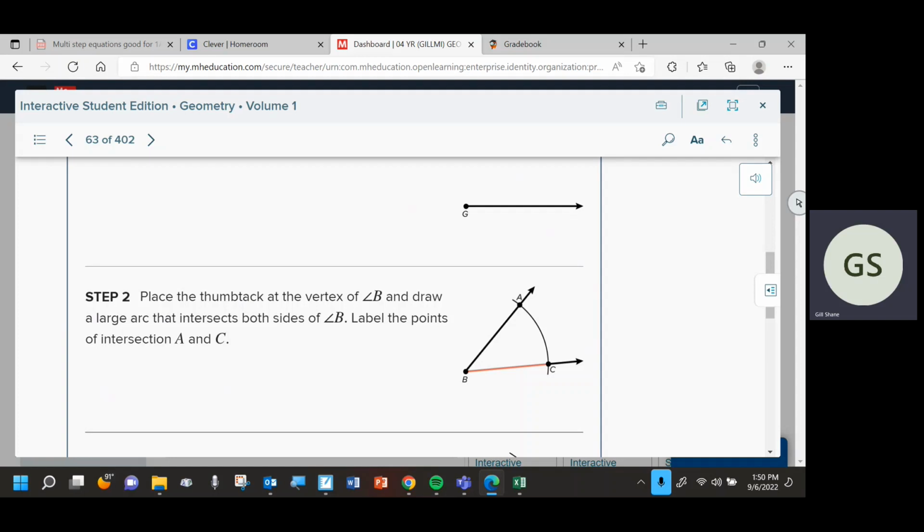I wish I had a big gigantic one. Oh, I can kind of use this. So let's say this is my compass. One end is the pointy end. One end is the